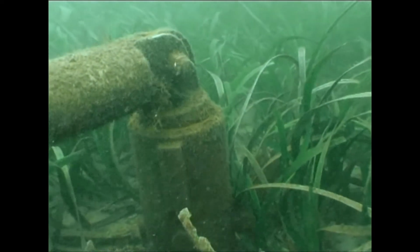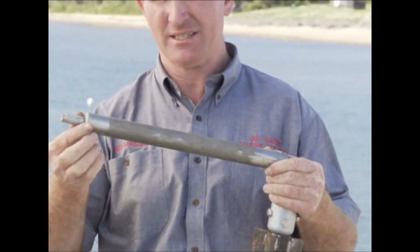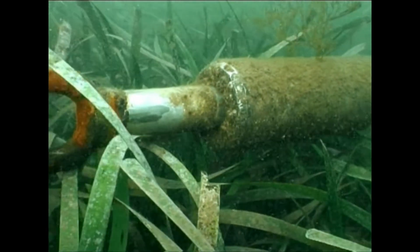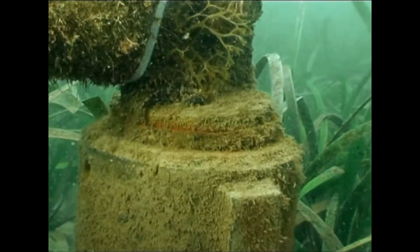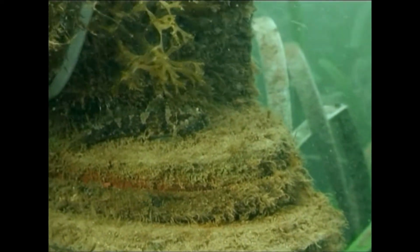If we have wind and wave action or a storm, inside this tube here is a shock absorber, and that takes all of the loading off the boat. That, of course, is all kept above the seabed level and allows the seagrass to recolonise right back up against the seagrass mooring post. The Hawkesbury and Nepean Catchment Management Authority has been supporting this seagrass-friendly mooring project through funding